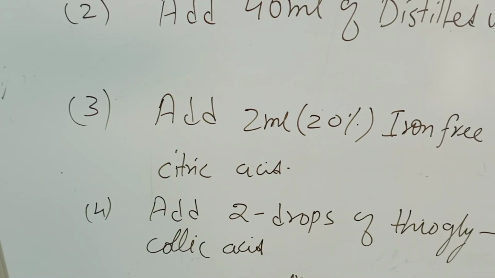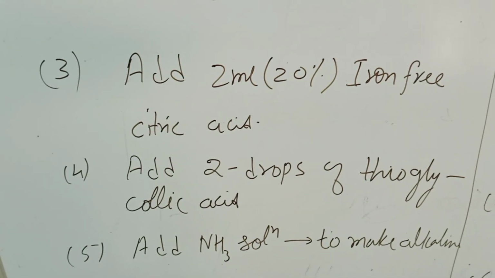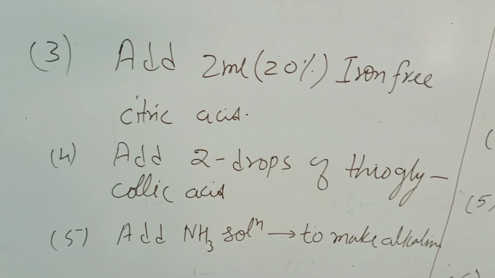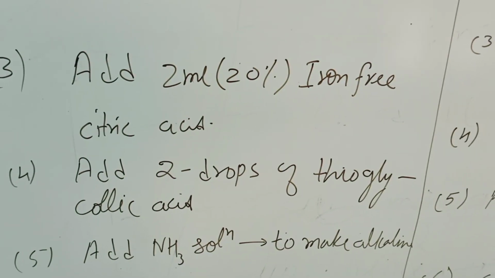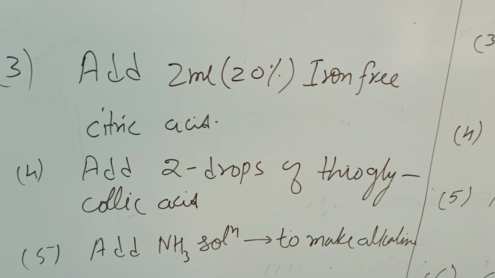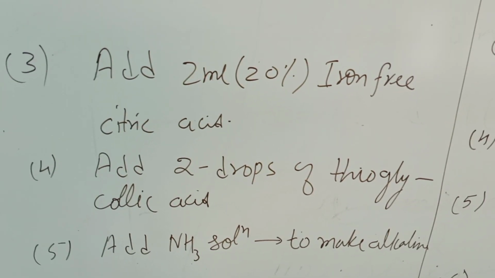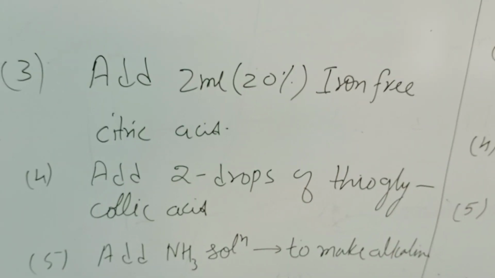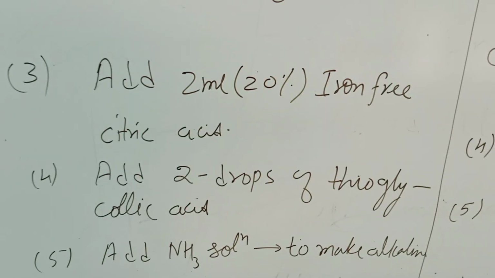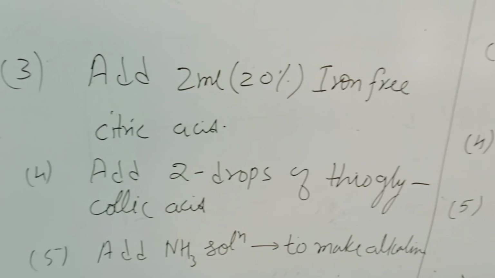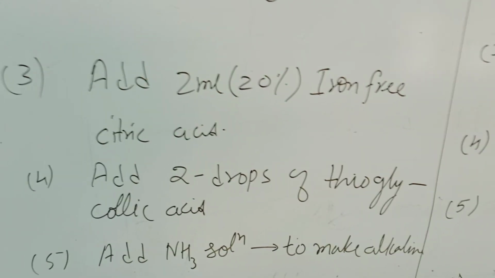Once the thioglycolic acid is added, the next step is to add the ammonia solution to make the content alkaline. How will this be done? While adding the ammonia solution, note that ammonia also has a very irritating smell, so it has to be handled very carefully, and the quantity added to the sample must be such that we obtain an alkaline solution.